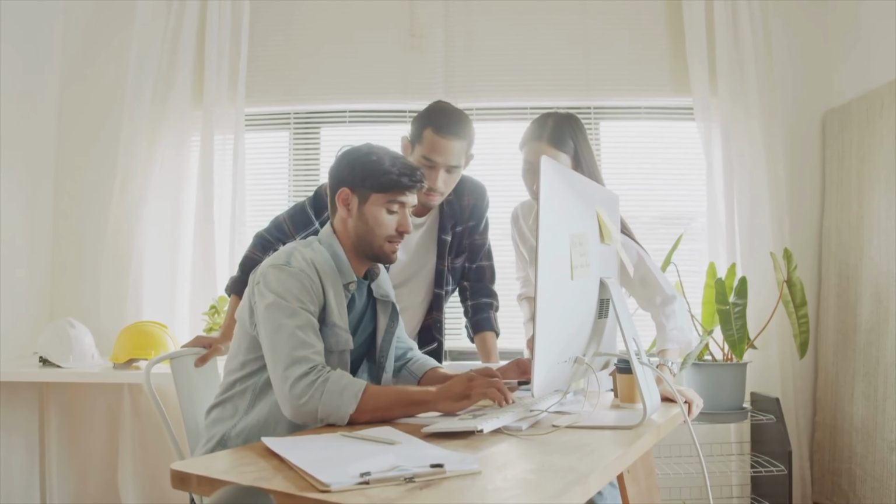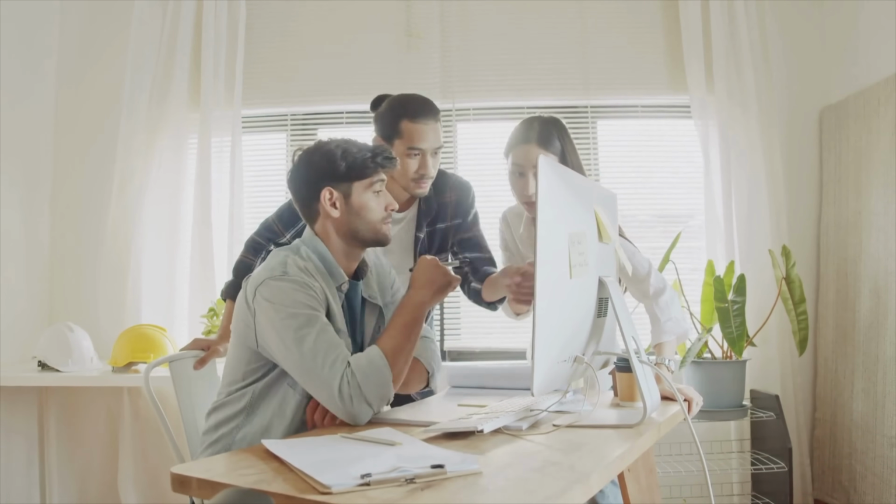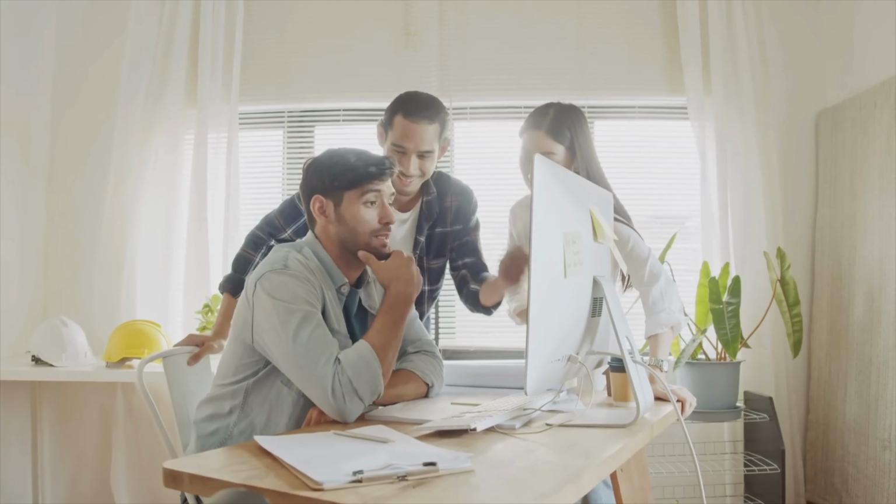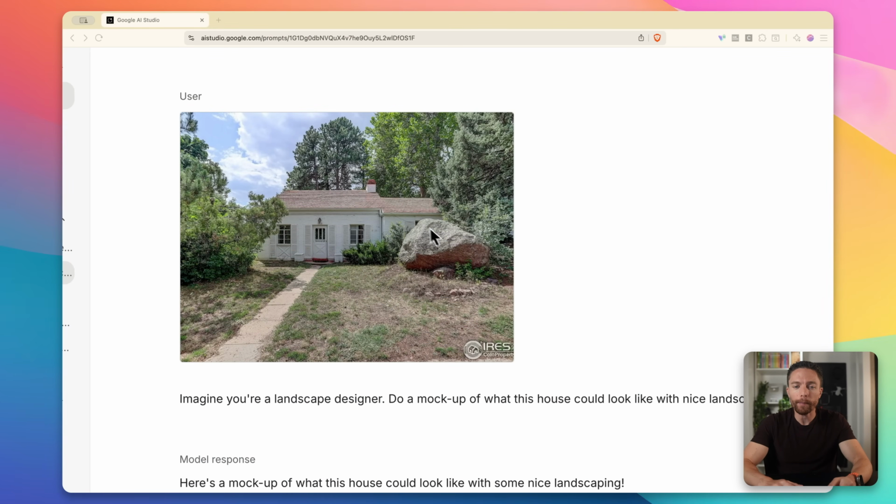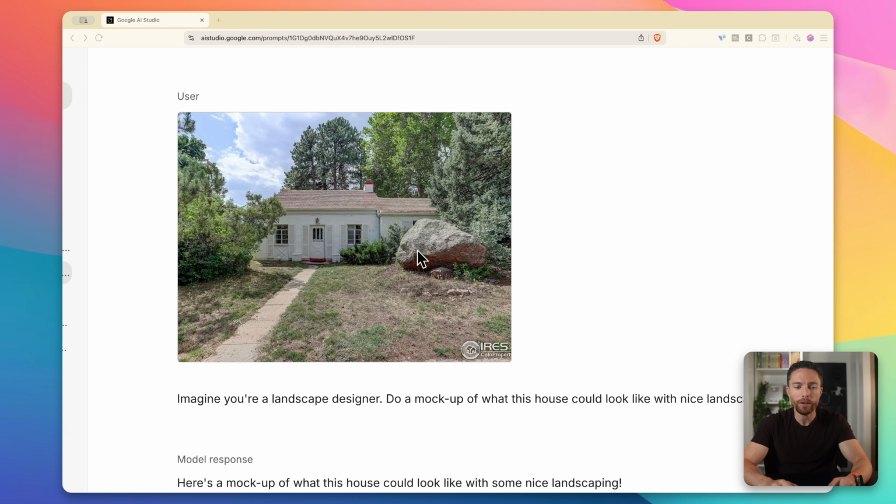All right, the 7th and final idea I have for you is offering architecture visualization services. And this is actually potentially really valuable because architects, construction companies, even landscapers are constantly looking for stuff like this. They often want to show clients what the project will look like before they actually start building or doing the work. So for instance, I came in here, I uploaded the photo of that house I showed you before, and